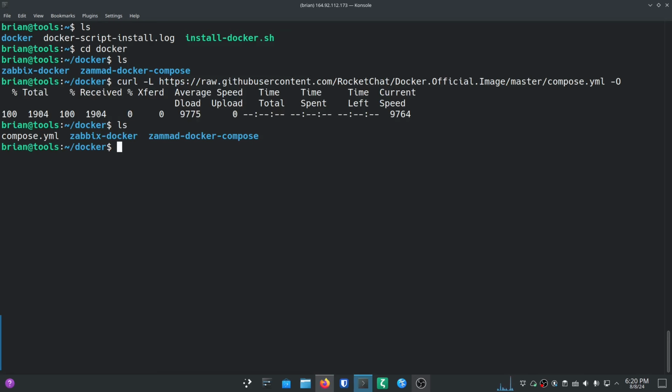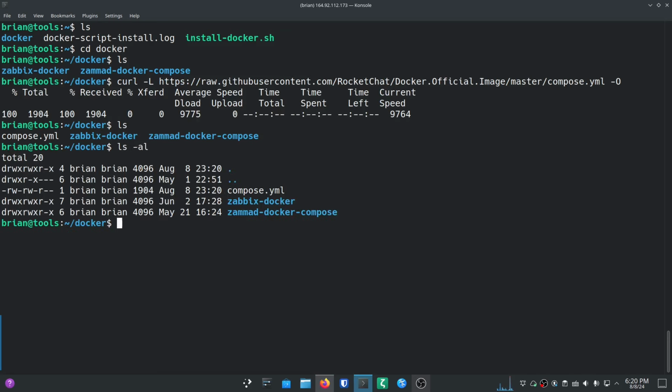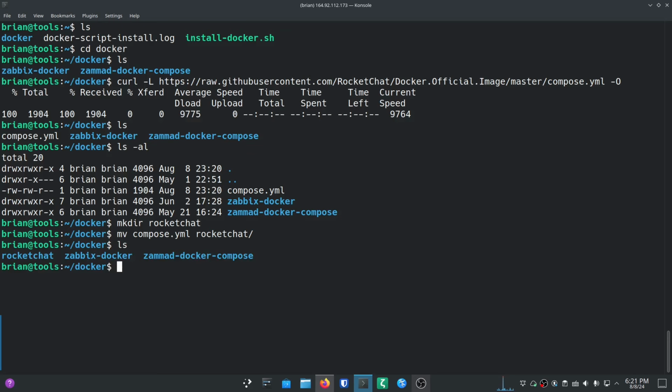So we're just going to do ls -al, and if you look, it pulled down the compose.yaml, and then we've got to create an env file or pull it down. So first we're going to say mkdir RocketChat. So now we're going to move that compose.yaml file into our RocketChat folder. So we're going to say mv compose.yaml RocketChat, just like that. And if we do an ls, you'll see it's not there anymore, so we'll cd RocketChat,